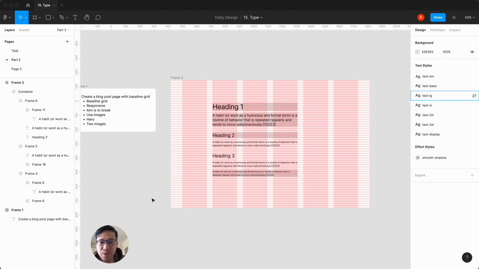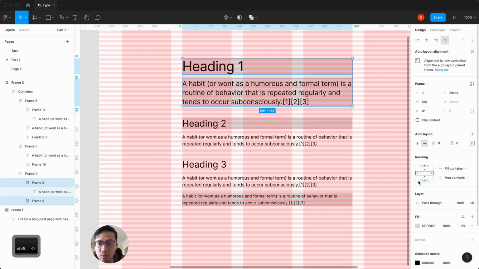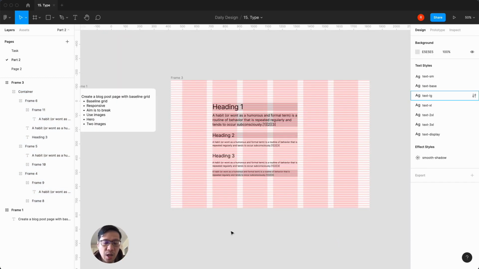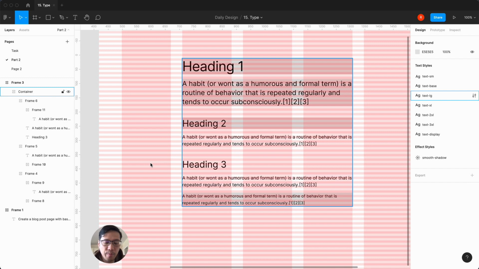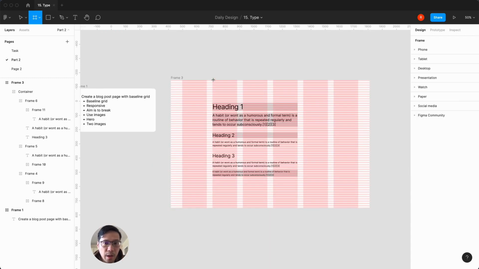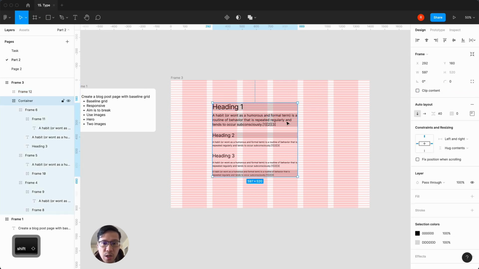Now the next thing to do is to start introducing some images, and this is where it's going to go absolutely crazy, right? So let me just go in here, and I'm just going to very quickly remove, well, let's leave them in for now. Okay, so the images I'm going to use, I just got a bunch from Unsplash, and what we're going to use today is animals and pets. So I'm going to drag, let's say, well, actually the way we're going to do it is a bit different. So I'm going to hit the F key, and hero images are normally from the top, and again we're using the grid. Okay, so if I just drag that down,